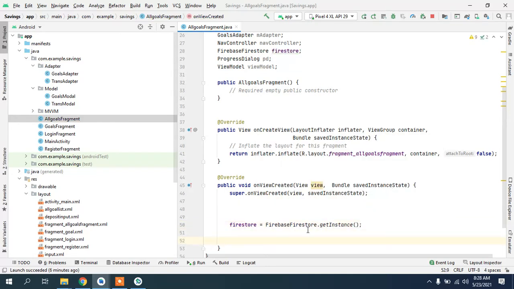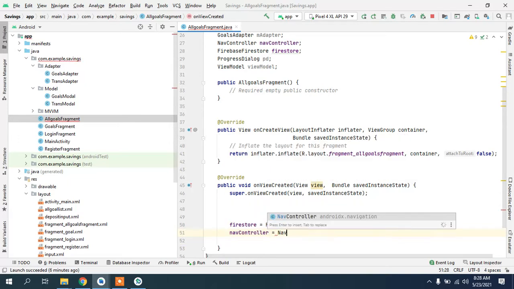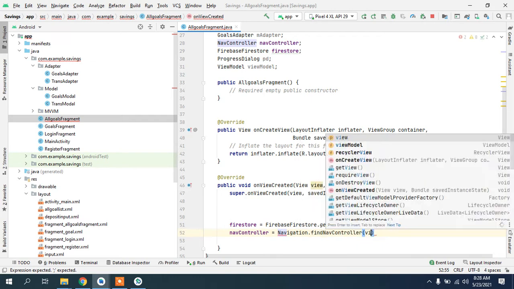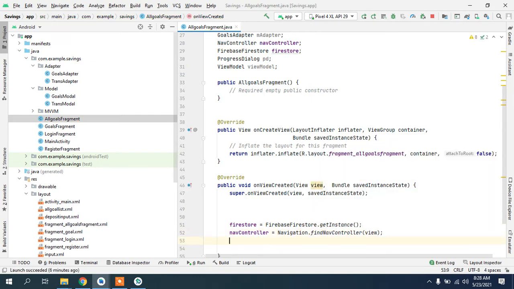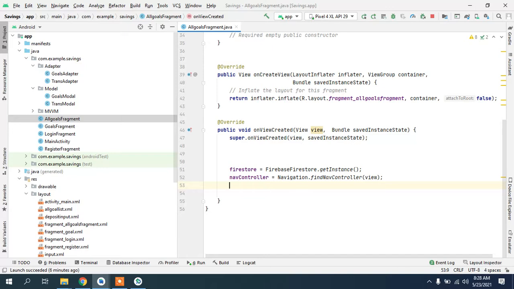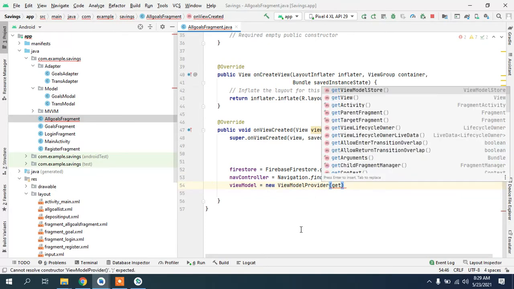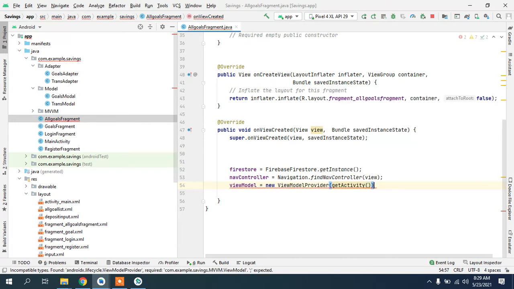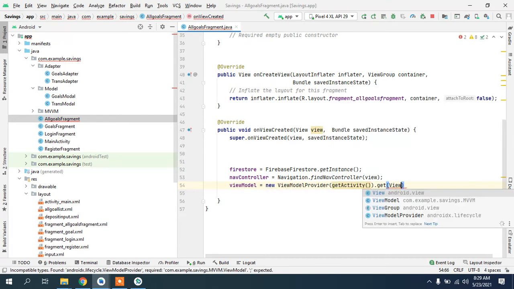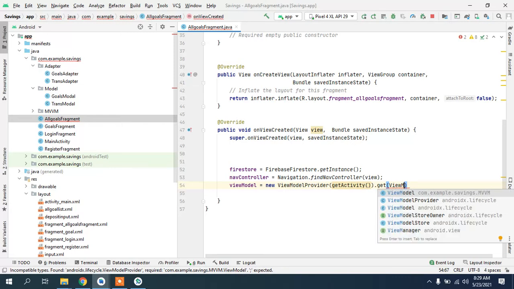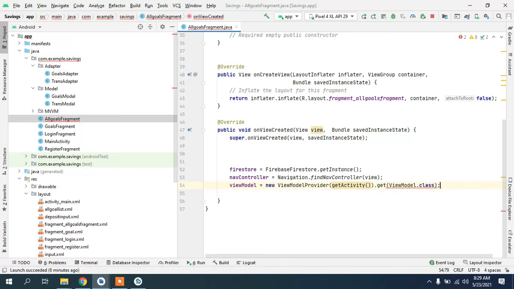Okay, and nav controller, navigation, find controller, and view model, maybe we can try ViewModelProvider. Get activity, get class view model. Okay,